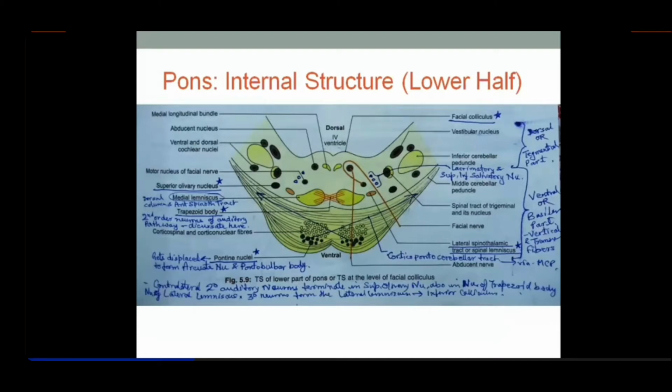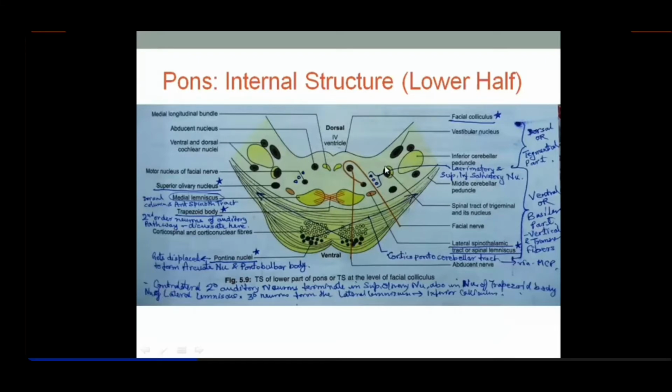The fourth ventricle tapers there and connects with the aqueduct. So the widest portion of the fourth ventricle, which you are seeing here, is at the lower section of the pons. It will be covered by the cerebellum. Okay, so this will help you identify. Another thing is, in the floor of this fourth ventricle, or the dorsal aspect of this pons, you find paramedian bulgings. These are the facial colliculi. Got it? So these are the identifying features.